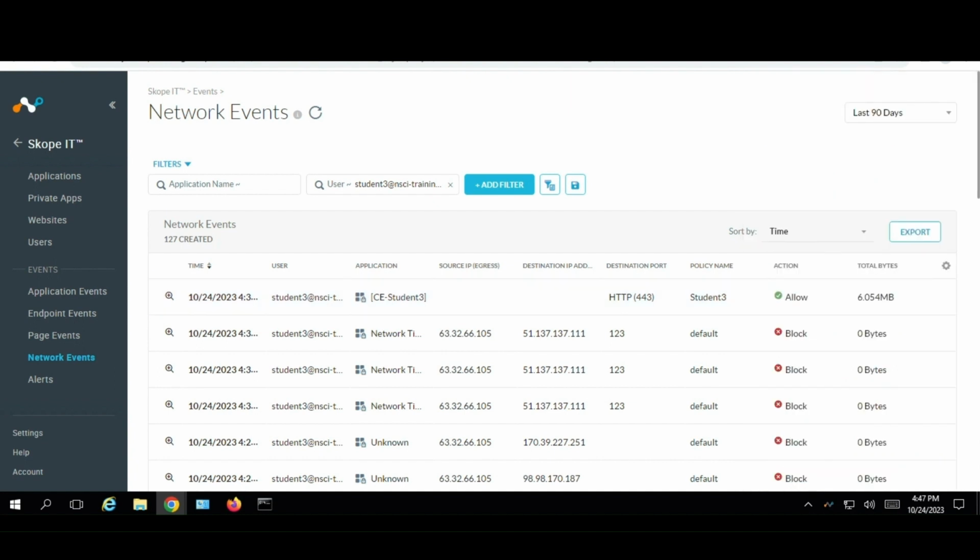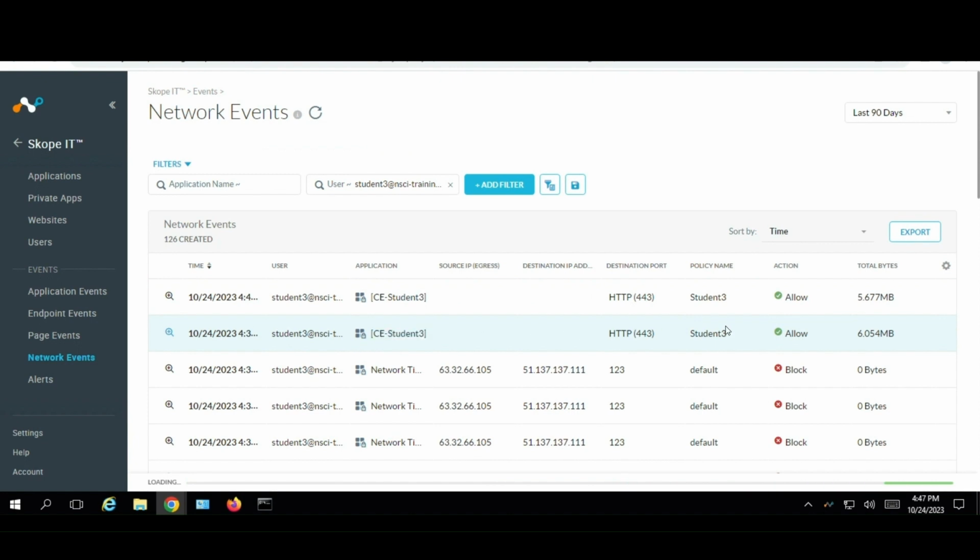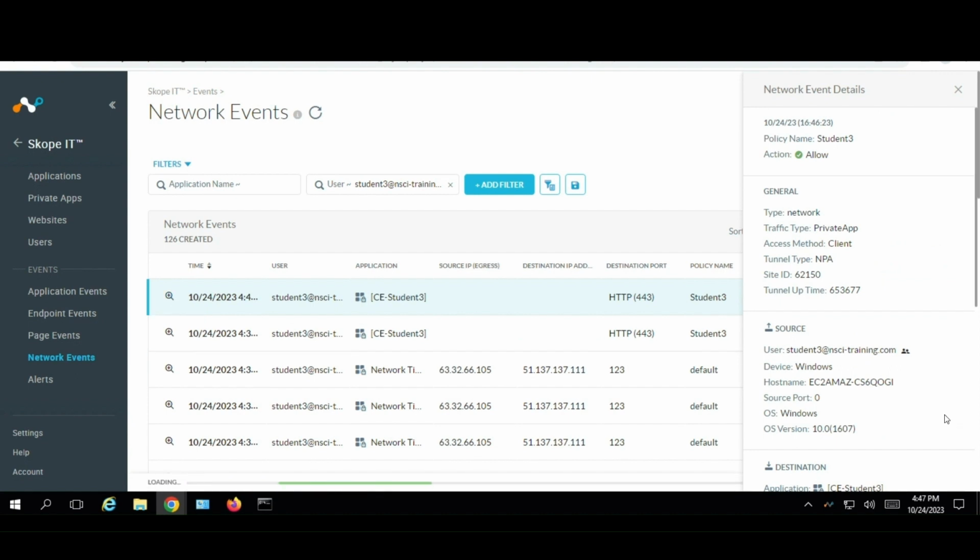Let us wait to get some more logs. It is taking some time. Let us wait for some more time. Meanwhile, we will be accessing that. Okay, now I got one more hit. Let's verify this hit as well. Which publisher is it going to? Earlier it was showing as a,